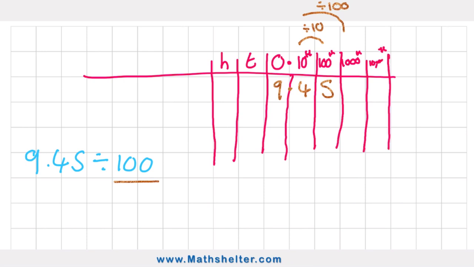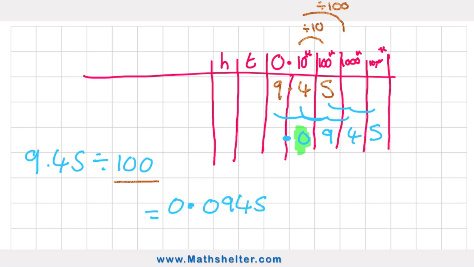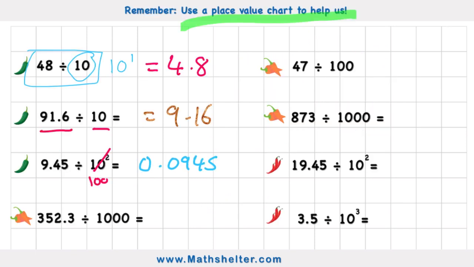And here we go. Let's start moving numbers. My 5 hundredths become 5 thousandths. My 4 tenths become 4 thousandths. My 9 ones become 9 hundredths. And now you can see if I put my decimal, I have this gap again, which I need to fill with a placeholder. So my answer would become 0.0945. Okay, let's look at another question now, and I have